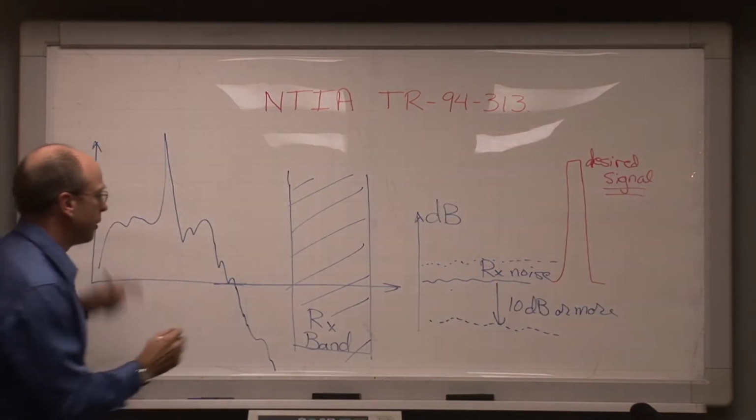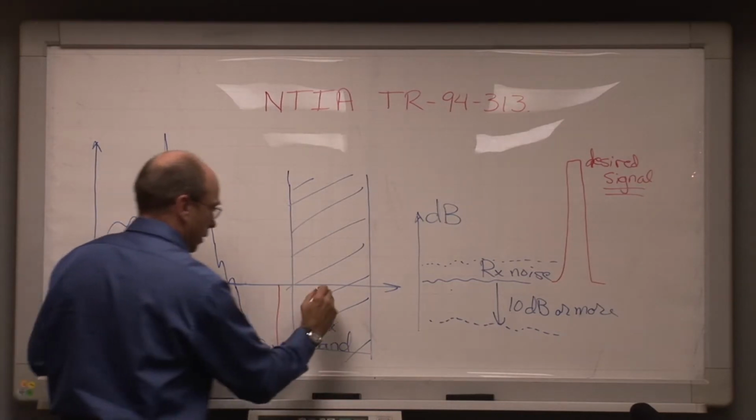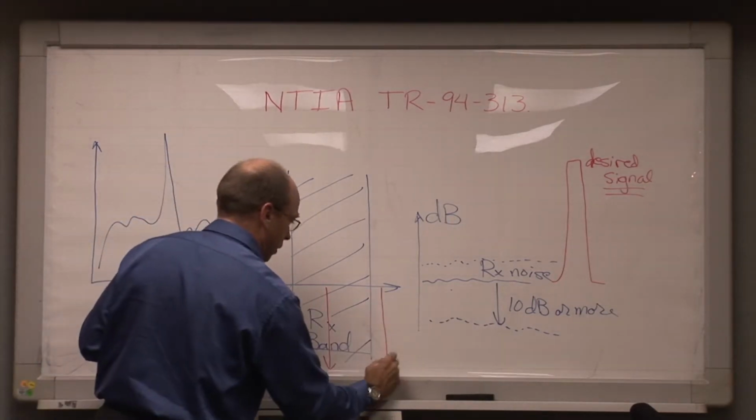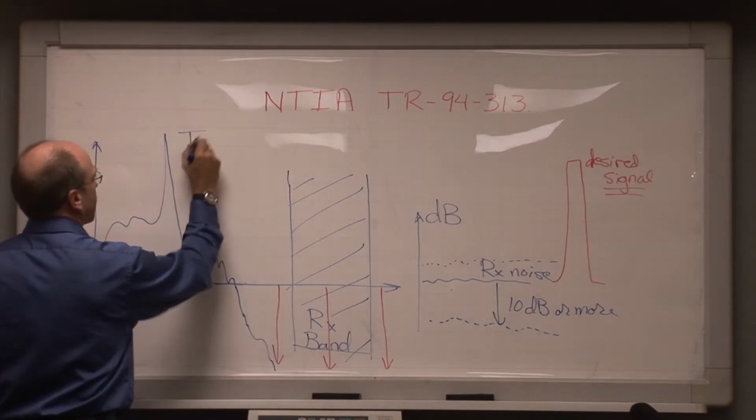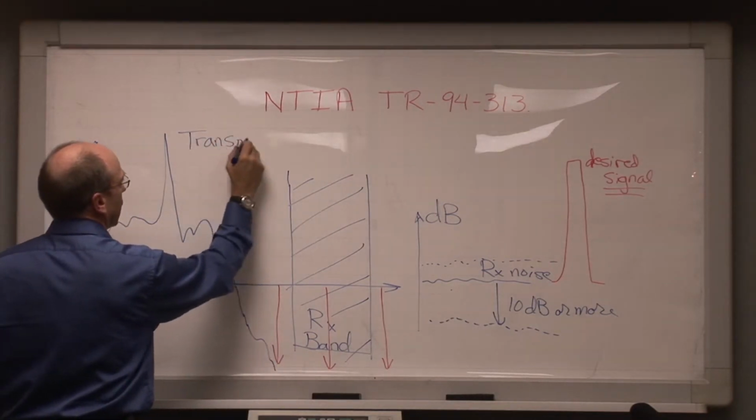In any event, if you determine that these levels are sufficiently low from this transmitter in the receiver band that co-channel interference can't be occurring, then